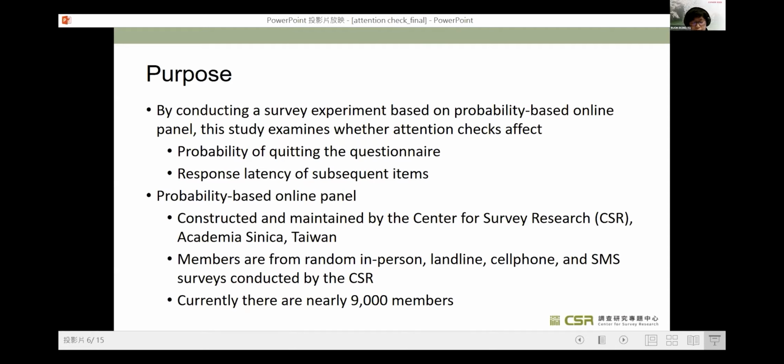This probability-based online panel is constructed and maintained by our center, the Center for Survey Research at Academia Sinica. The members in the CSR online panel are from random surveys, including in-person, landline, cell phone, and SMS surveys conducted by the CSR. Currently, the online panel has about 9,000 members.